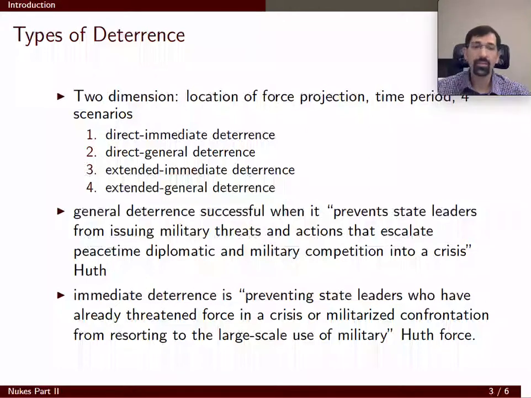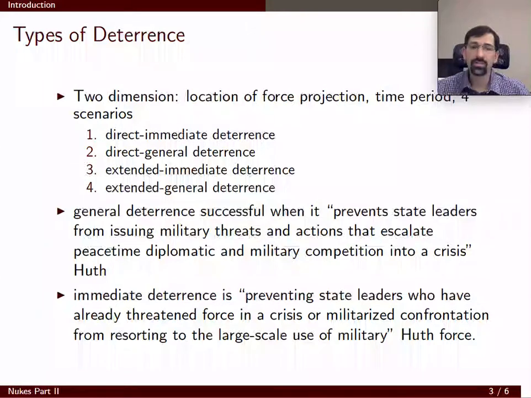Next, you think of extended immediate deterrence, which is probably a better fit for the Cold War, is that you think of it in a forward operating environment or a place distinct from the geographic location. Here we think about the deployment of U.S. nuclear weapons to other states, or nuclear umbrella, maybe not necessarily the weapons, but the threat of capability provided to another state. So in this context, we might think of Japan and the United States. Japan, though nuclear weapons have been in ports under certain conditions, would say that it's extended immediate deterrence because the deterrence is generated by the United States, so to speak, on behalf of Japan.